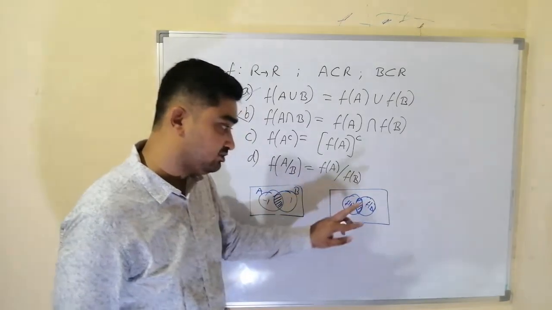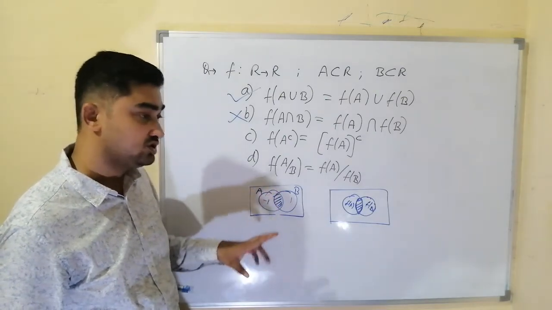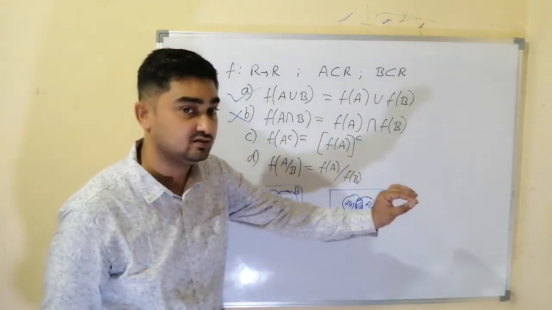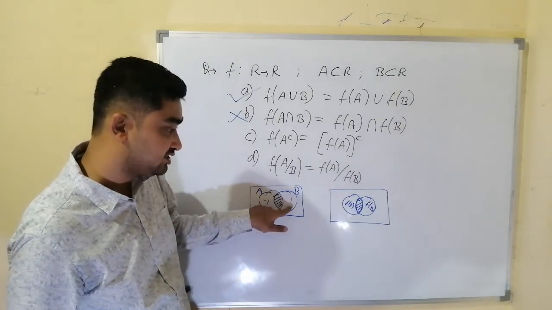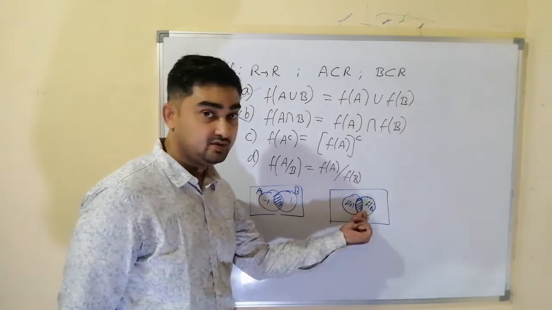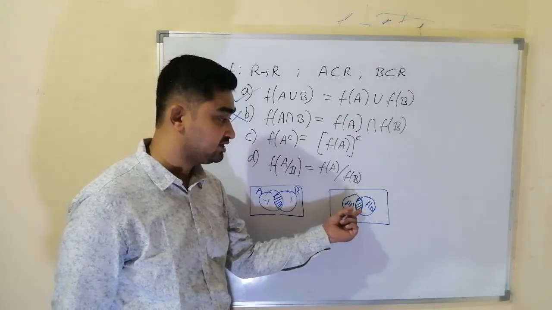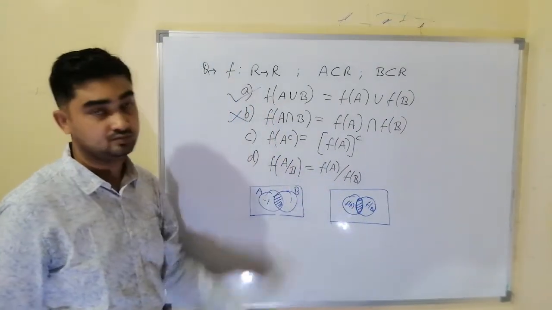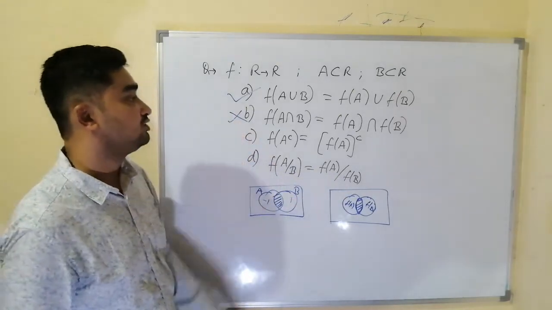But that is not the output for the intersection. In the intersection region, outputs for those which are common will come, and those things will also come which are from -1 and 1. Here it is outside of the intersection region, and here it is outside of the intersection region. But it is possible that both have the same output, because two inputs can have one output, a many-one function. Then it will come to the intersection region. So this is not true, because it is not covering this case.